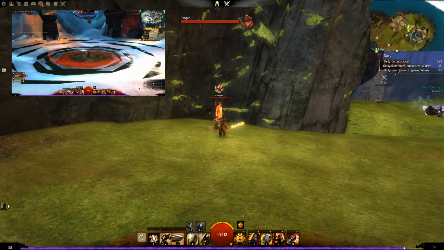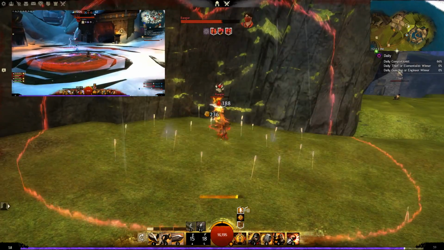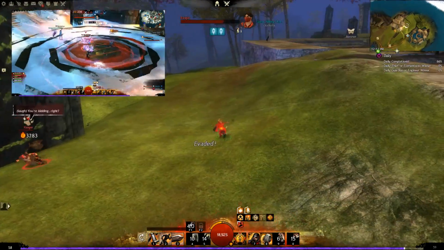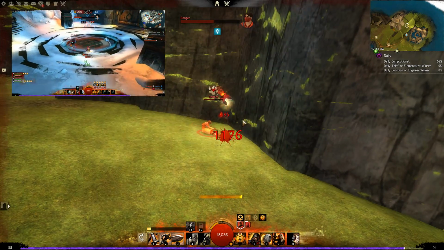So Ranger, whatever, let's do some damage to it. He's doing this, block. And then you do your burst, whatever. And he's dead. So the good news about this, as opposed to the old Burn on Block build, is that